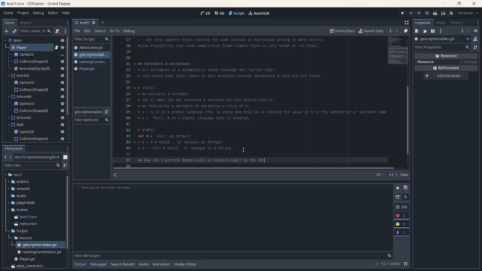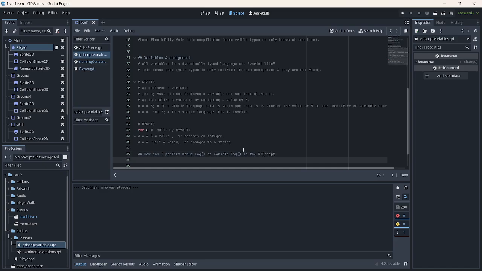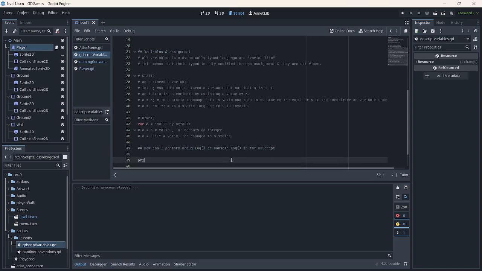Again, I'm basing this on my former knowledge with PHP, JavaScript, and C Sharp. In Unity, we normally use Debug.Log for testing and console.log for JavaScript. So I found out that we can actually use the print